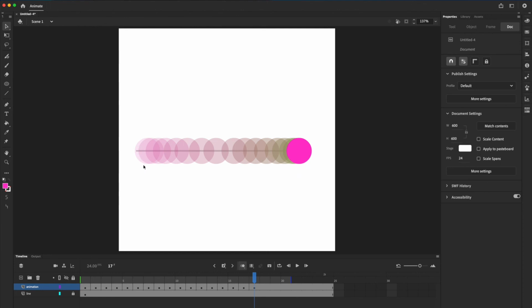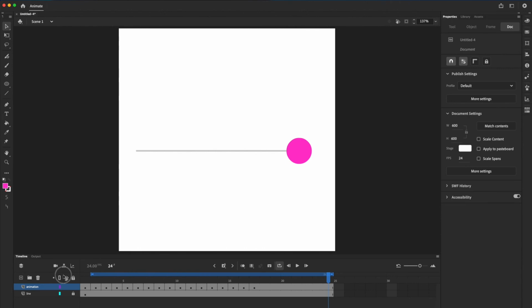If I were to have the same spacing throughout my circle, it's not going to look as good as if I vary the spacing. Okay, let me turn off my onion skin and play. So click this icon, play. Okay, so let me turn on the loop so it keeps looping, and drag this so